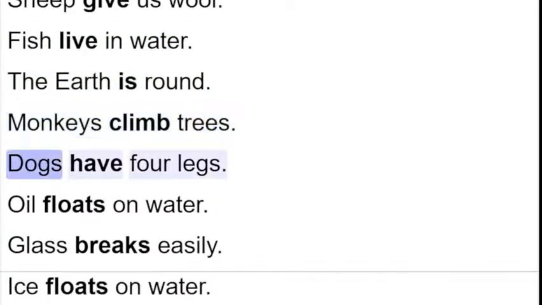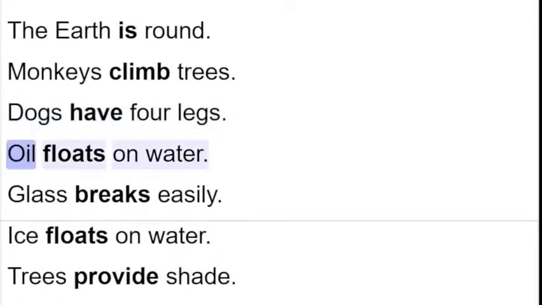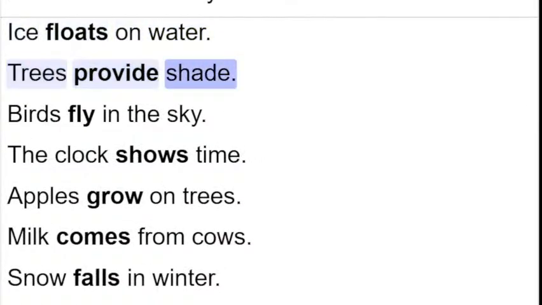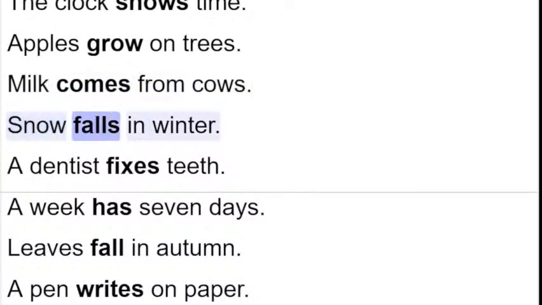paper burns easily, sheep give us wool, fish live in water, the earth is round, monkeys climb trees, dogs have 4 legs, oil floats on water, glass breaks easily, ice floats on water, trees provide shade, birds fly in the sky, the clock shows time, apples grow on trees, milk comes from cows, snow falls in winter, a dentist fixes